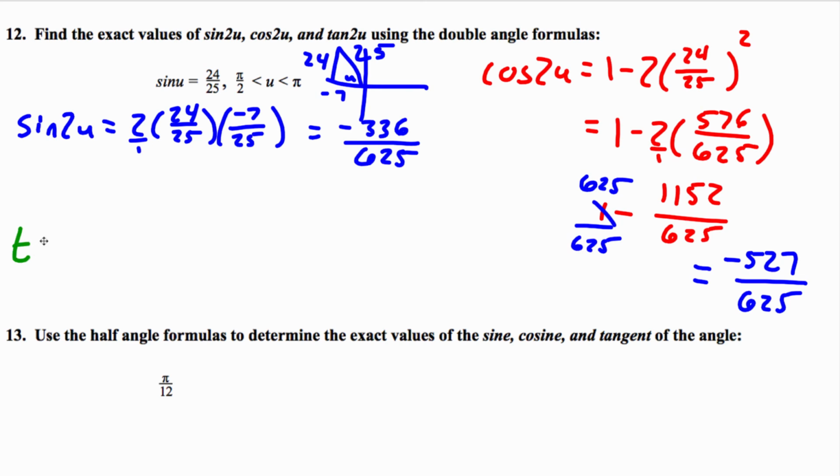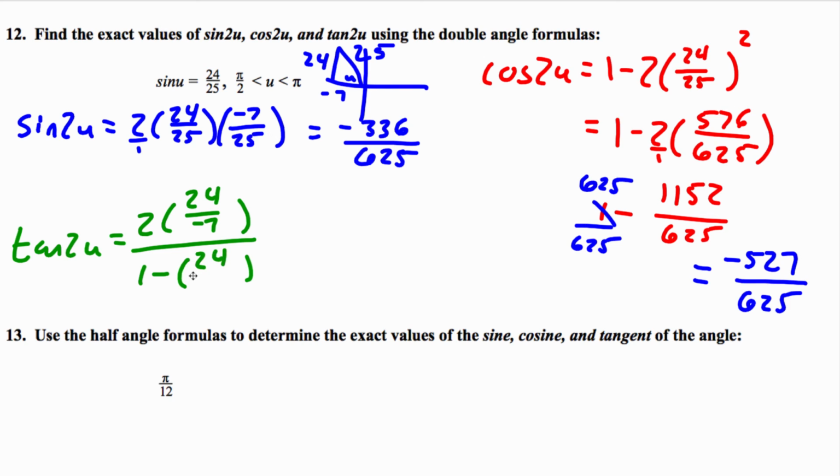Last one we've got is the tangent of 2u. So the formula goes 2 times the tangent of u. So we need to look at our picture. Tangent is opposite over adjacent, so 24 over negative 7, all over 1 minus the tangent, which we just found, 24 over negative 7, but we need to square that value this time. So now on top, we're going to do our multiplying. So 2 times 24 is 48 over negative 7. On bottom, we're going to square this fraction, so 1 minus